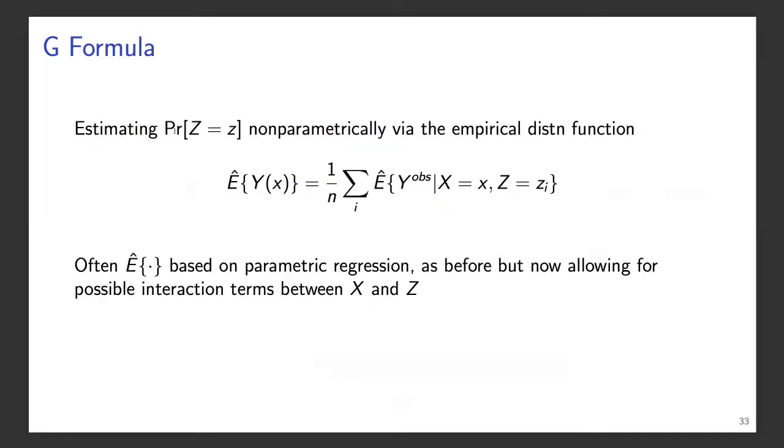So what often is done is the distribution of the covariates is left non-parametric. So we just put mass 1 over n on each of the values of z. And then we estimate these conditional expectations with the regression model. In other words, you fit your regression model, then based on the regression model, for each person, you estimate or predict what their observed outcome would have been had, possibly counter to the fact, they received little x. You do this for everybody, all individuals in your data set. Take an average of those, and that gives you an estimate of the counterfactual mean.